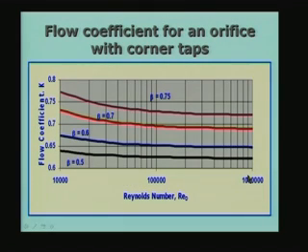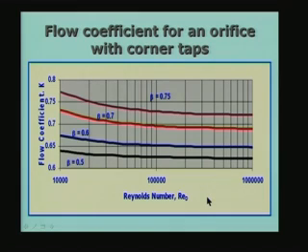In fact, what I have done is I have plotted the flow coefficient for an orifice with corner taps. Corner taps means L1 equal to L2 equal to 0. So what I have here is the flow coefficient. If you remember, flow coefficient is nothing but the product of the coefficient of discharge and the velocity of approach factor. All I have done is I have taken the Stolz equation, evaluated the CD, multiplied by the K value and plotted it, for beta different values, beta equal to 0.5, 0.6, 0.7 and 0.75, and with different values for the Reynolds number.